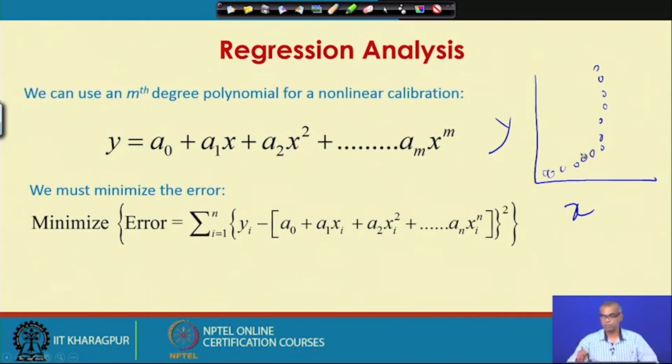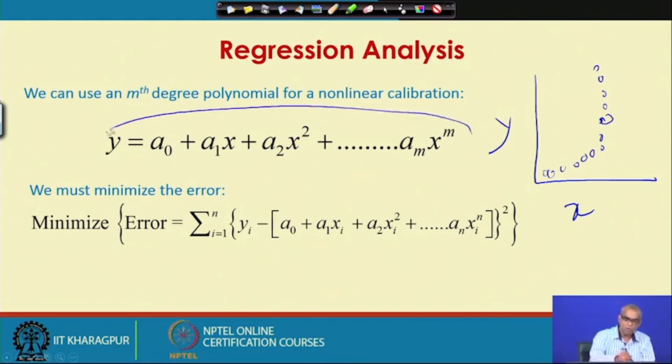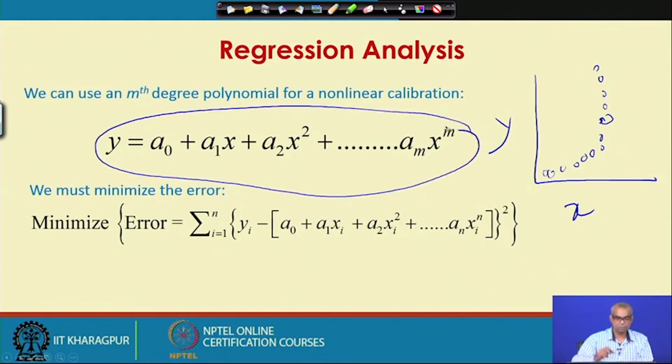We cannot fit a straight line. Can you try an mth degree polynomial? It will be a nonlinear calibration. So, we can try an mth order, mth degree polynomial